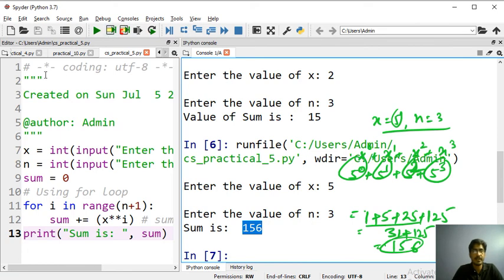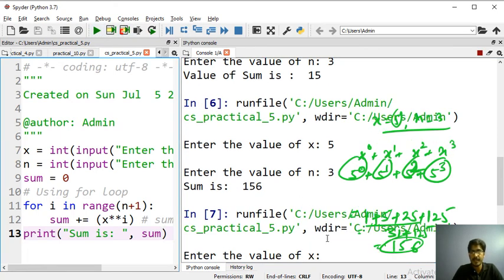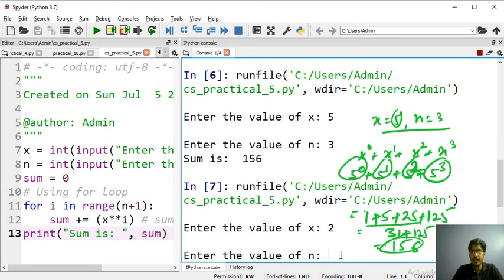Let me try with some different input. I am giving the value 2 and up to the 5th term I want to calculate. So what should be the output? You may guess.